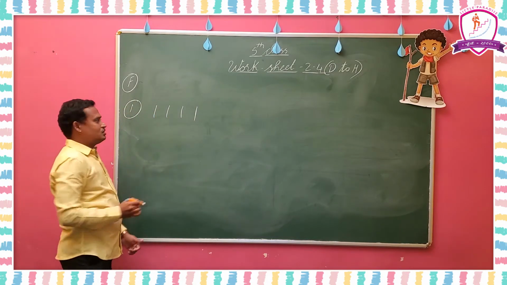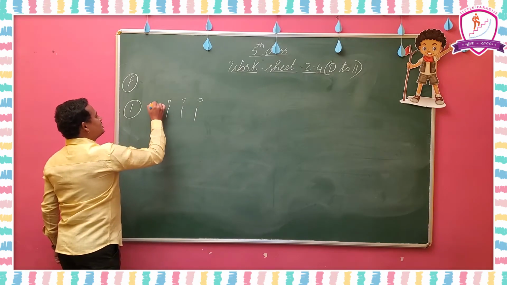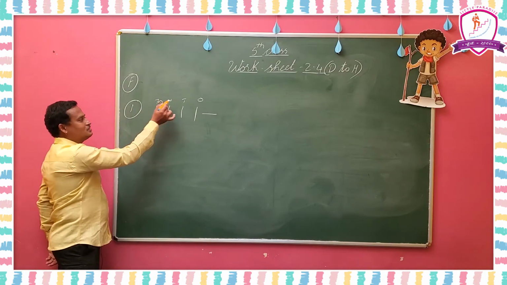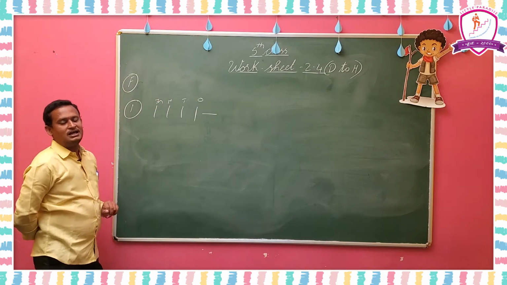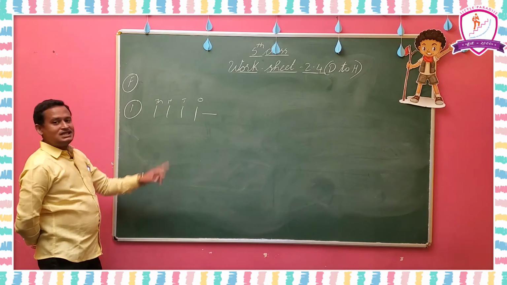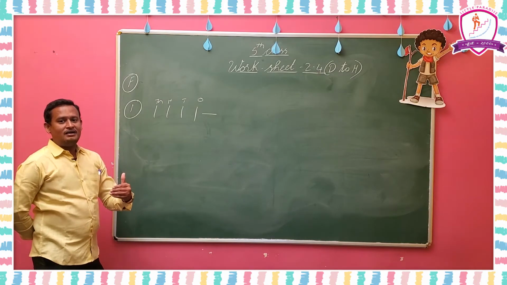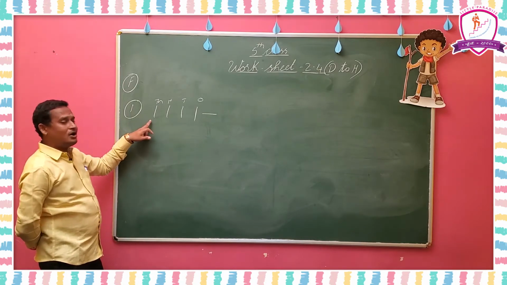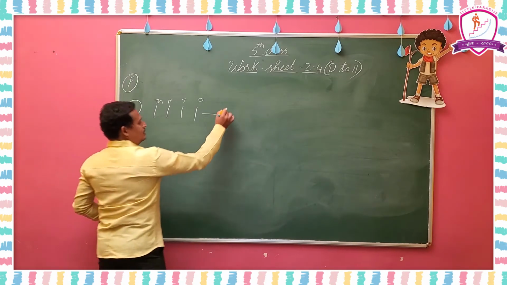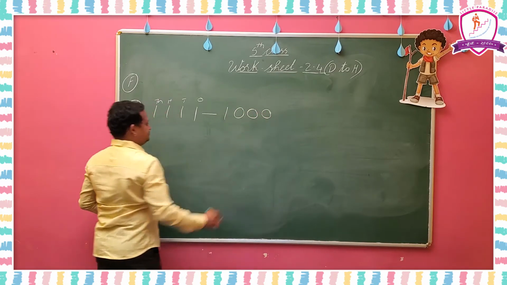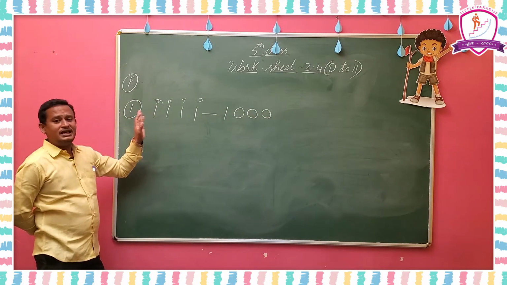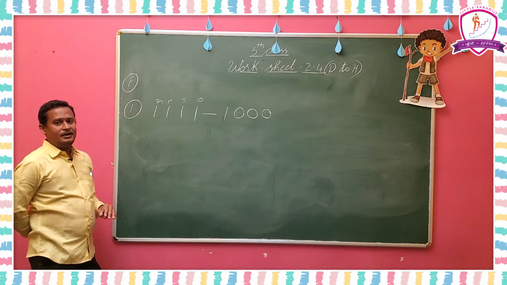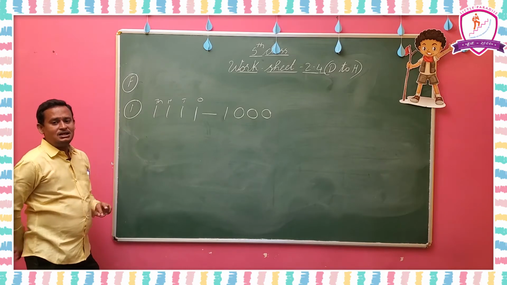1111 is given. So ones, tens, hundreds and thousands places are there. When you round to the nearest thousands, observe the hundreds place. What number is in the hundreds place? 1 is there. 1 is less than 5. Less than 5 means the thousands place will be rounded down. Rounded down means 1000 will stay 1000 only. Understood? When we round to the nearest 1000, the remaining places after the thousands will be zeros. Okay? Remaining places will be zeros.